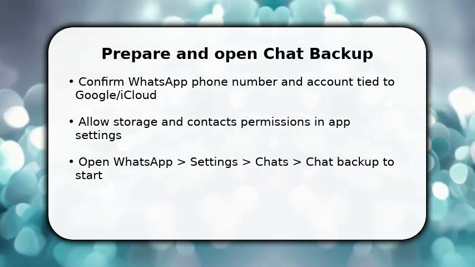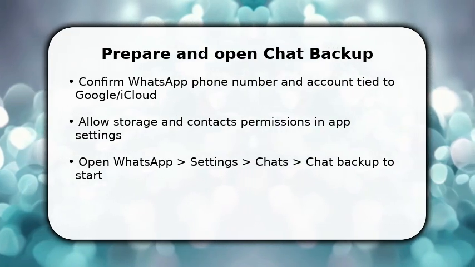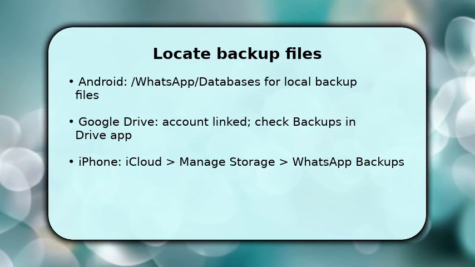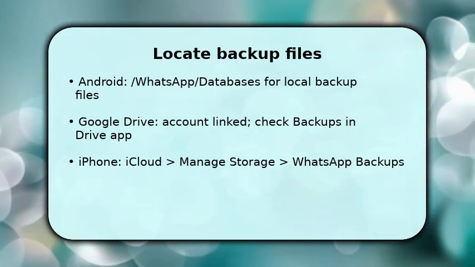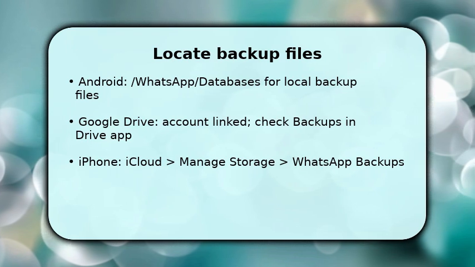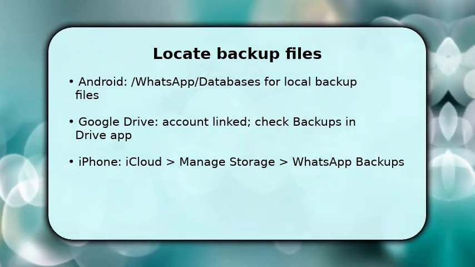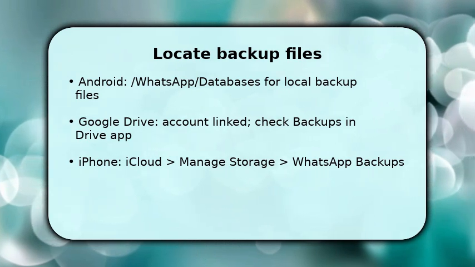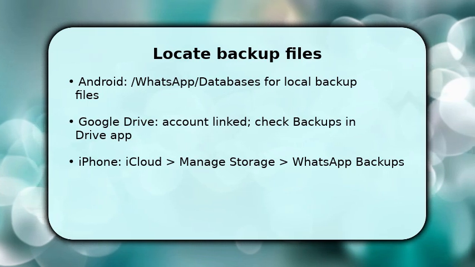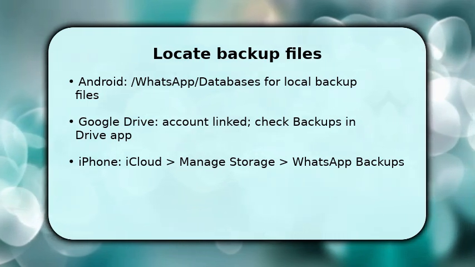Next, locate the actual backup so you can restore it. This is why backups must match accounts. On Android, use a file manager to open the WhatsApp/databases folder and note the latest msgstore-YYYY-MM-DD.1.db.crypt file. On Android Google Drive, open Drive, tap Backups, and confirm the WhatsApp backup exists under the same